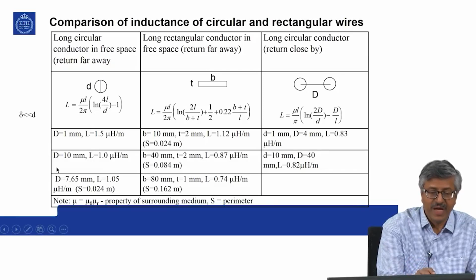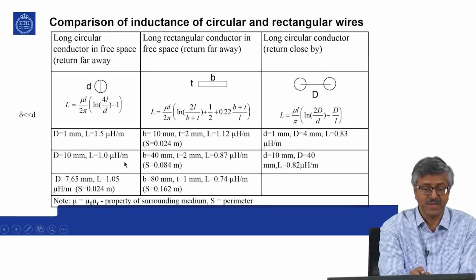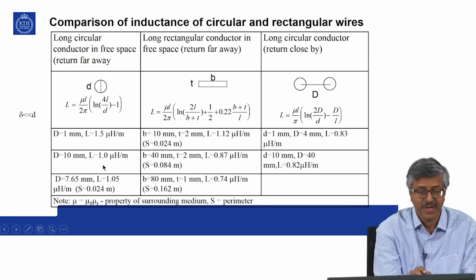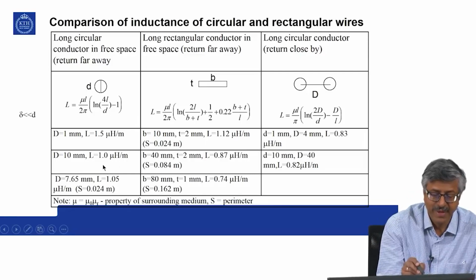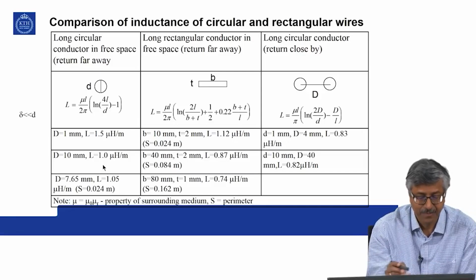And if diameter is 10 millimeter, because you have more surface area, inductance becomes 1 microhenry per meter. But if you bring the return from infinity to close by,